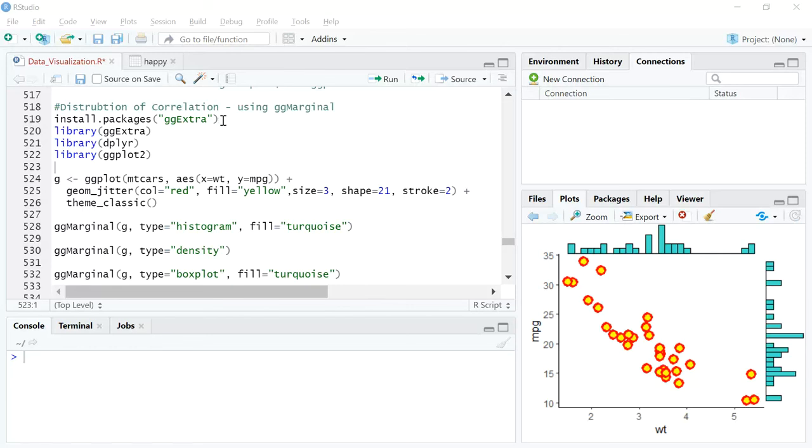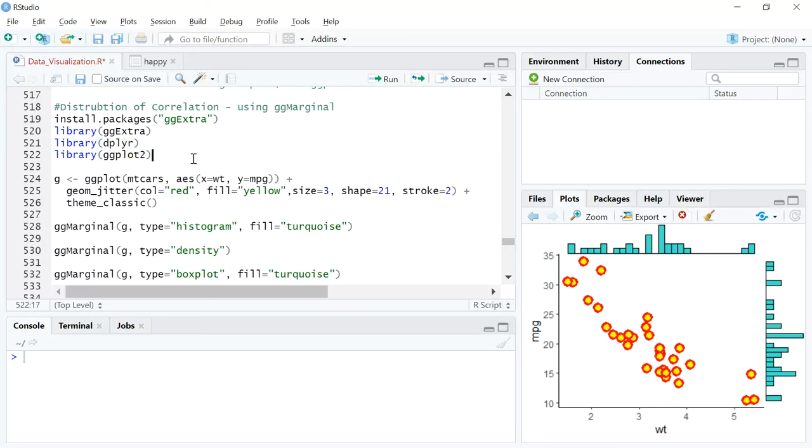So what you see on your screen, if this is the first time that you're trying to do this, I would suggest you install the ggExtra package, which is install.packages, and in the parentheses, in double quotes, you just mention ggExtra. Then you call on the library. We would need the dplyr and the ggplot package anyways.